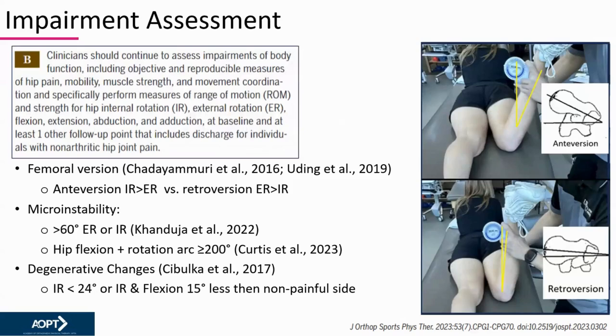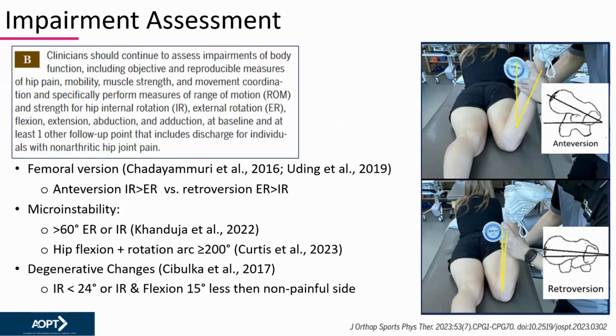Impairment assessment probably should go without saying, and it's good that we are actually going to make a B-level recommendation here, because this impairment assessment, of all the things we talked about for evaluation, probably drives our intervention, right? These are the things that we do. So we gave a B-level recommendation based on the available literature that clinicians should continue to assess impairments of body